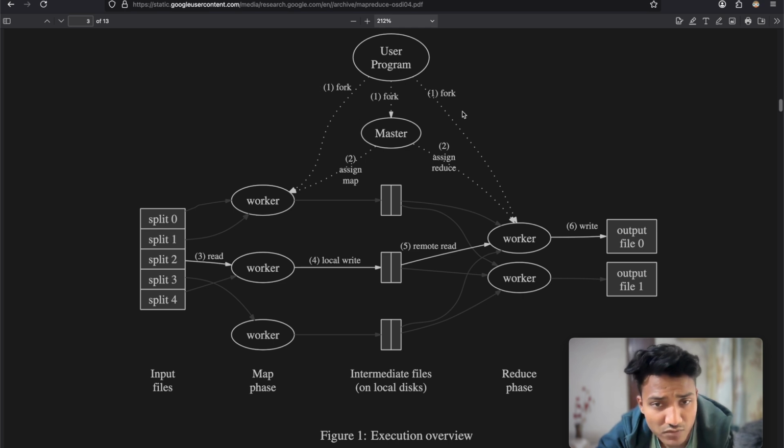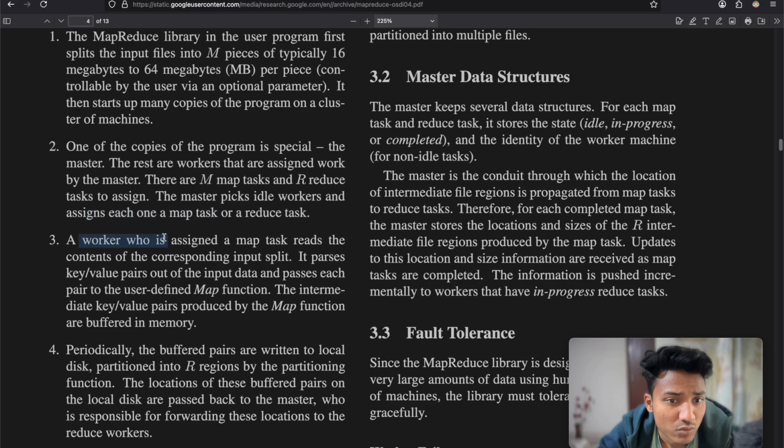First is basically the fork, like they said. Then the master will assign different map tasks from the user program to these different workers. Once these workers are available, they will read the split that they have been assigned automatically, and they will work. A worker who is assigned a map task reads the content of the corresponding input split. It parses key value pairs out of the input data and passes each pair to the user-defined